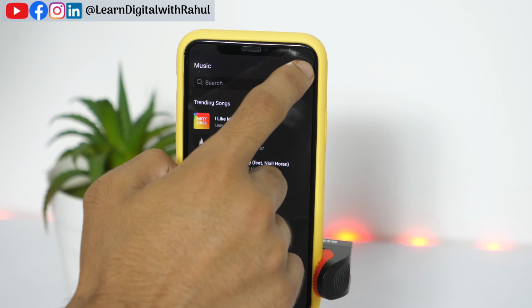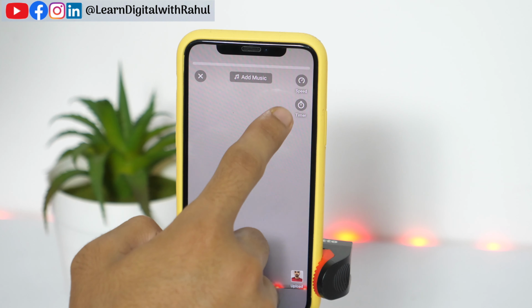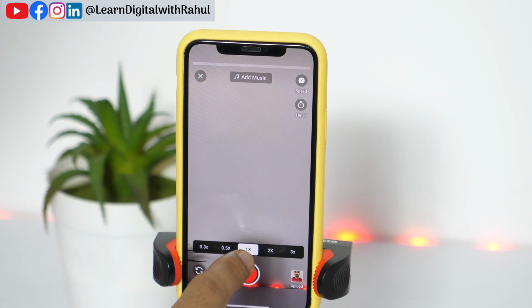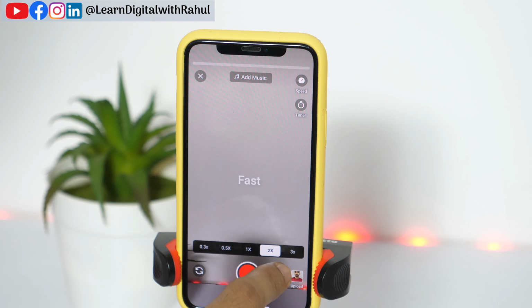For now, cancel this. And here you get the option to adjust the speed. You can choose 1x, 2x to make it faster or 3x to make it even faster.